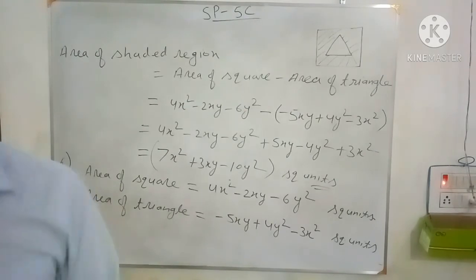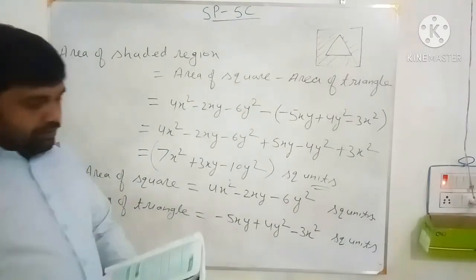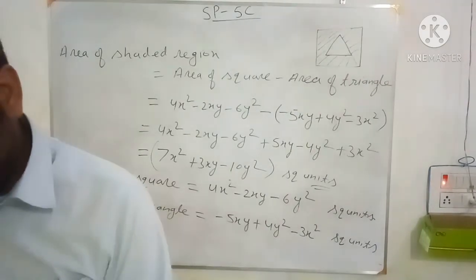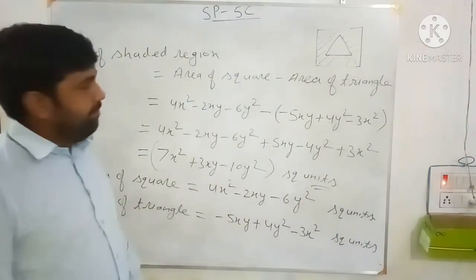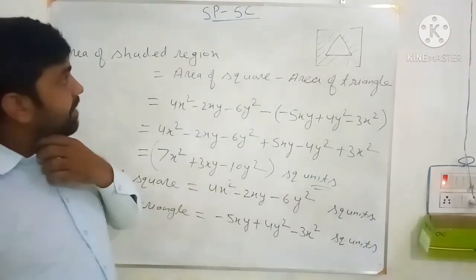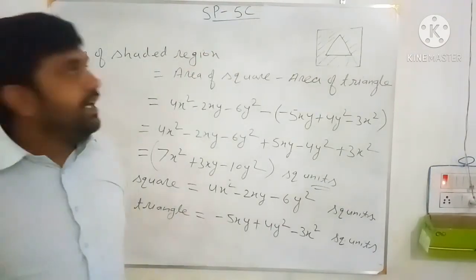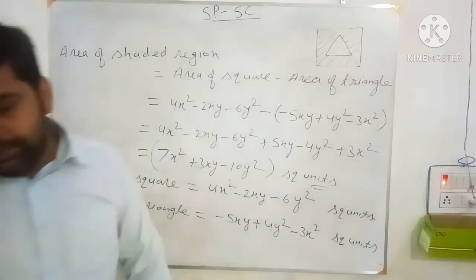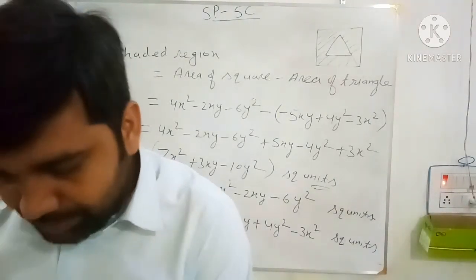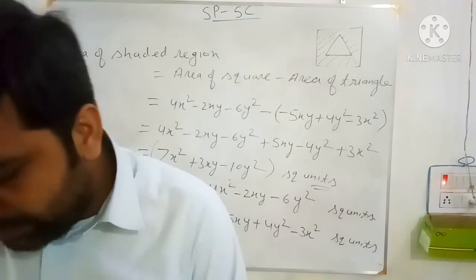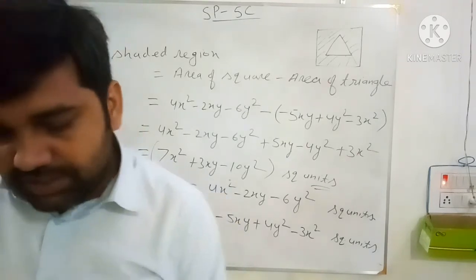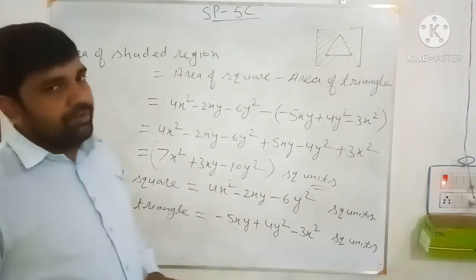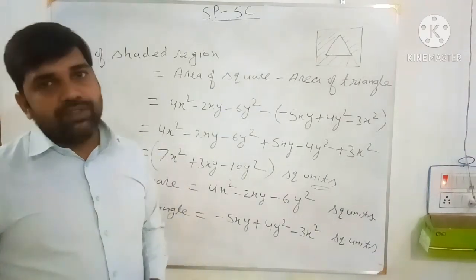So this is all for today, students. In the next class we will do the self practice 5D. So we have completed self practice 5C. For your half yearly examination, the syllabus is up to lesson 18, self practice 1 to 8. Okay. So till 5C we have completed. Now the chapter is over. In the next class we will start new chapter, that is chapter 6, linear equation in one variable. So this is all for today. Thank you for your kind attention.